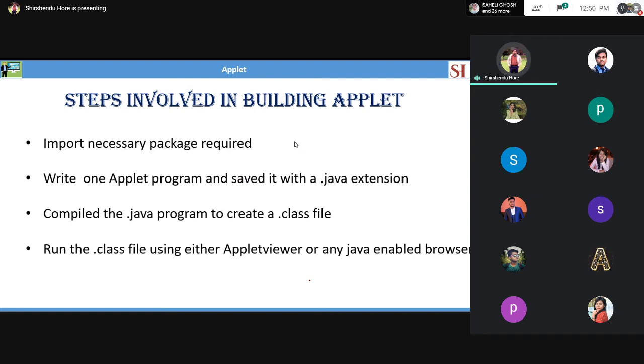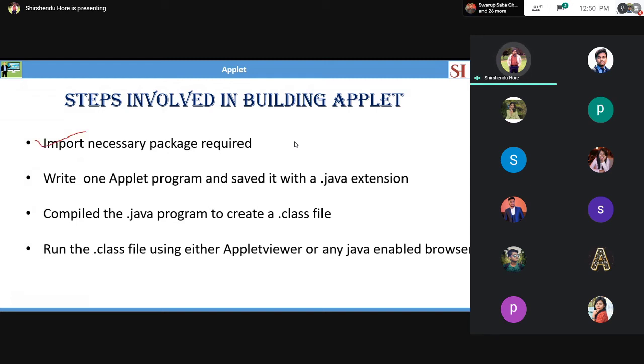Let us see the steps involved in building an applet. What are the steps? Import the necessary packages as required. Write one applet program and save it with the Java extension. Compile it to create the class file. Run the class file using either the appletviewer or any Java-enabled browser. So this is a very flat step.